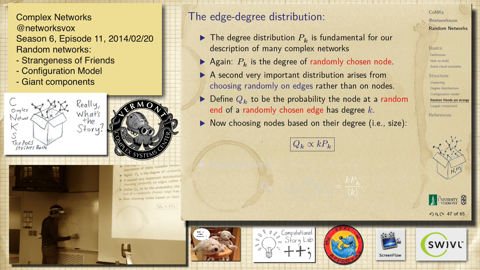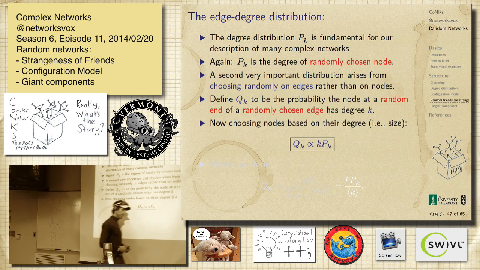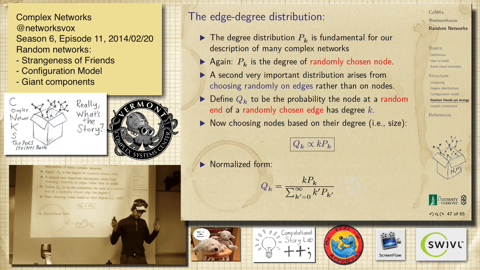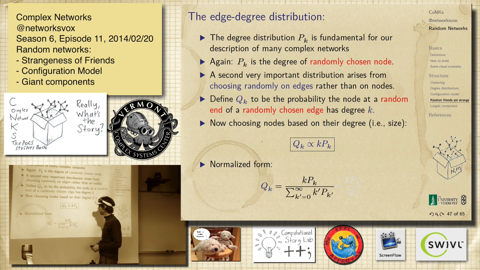But when we go to the Q's, we want to multiply these guys by their numbers. So this one gets multiplied by 1, this one gets multiplied by 2, 3, and 4. They amplify them. So the more friends you have, right? So it's linear. And then we have to normalize it properly. But, is that kind of okay? So here's our normalized form.